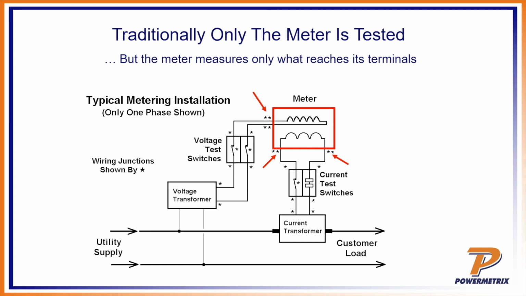Remember that the meter only meters what the meter can see. So if there's something wrong outside of the meter, the meter doesn't care. The meter doesn't even know. The meter only reports what it can see. So for instance, if the meter normally sees, let's just say 5 amps, and now it sees 2 amps, it doesn't raise a flag and say, hey, I used to see 5, but now I see 2. It only says, I see 2 amps. And it sees that at these measurement points. This is where we hook in, where we want to measure.